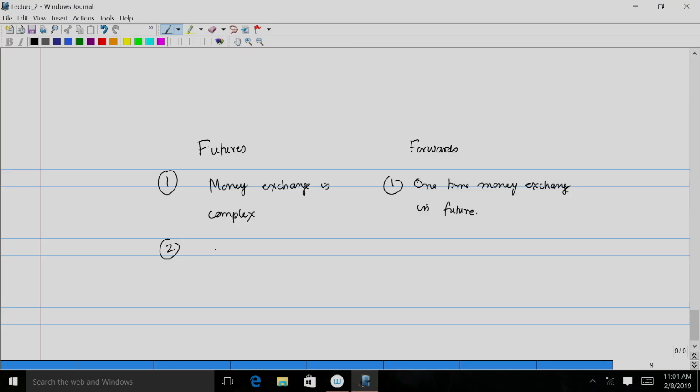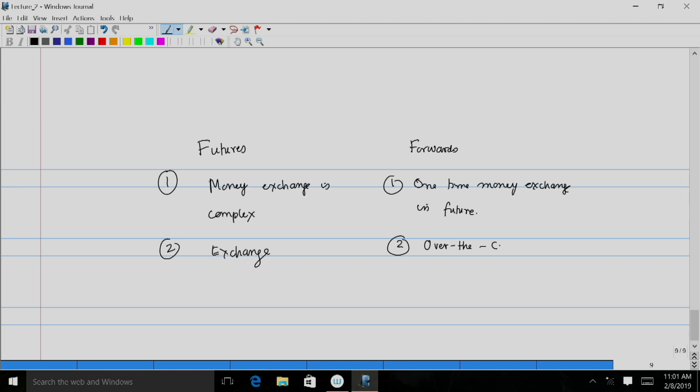And why do these two different kinds of structures exist? It exists because futures are more exchange traded, and that is the reason why you have to put more safeguards into place, because futures are something where no net worth individuals might invest. So in order to protect such investors, exchanges have put this mechanism of a security deposit account. But forwards are mostly over the counter agreements between large financial institutions, or a financial institution and one of its clients.